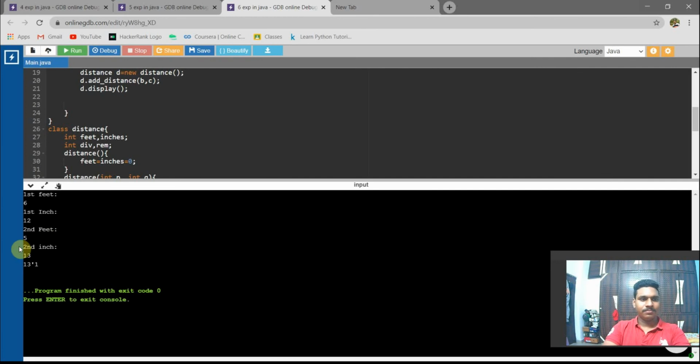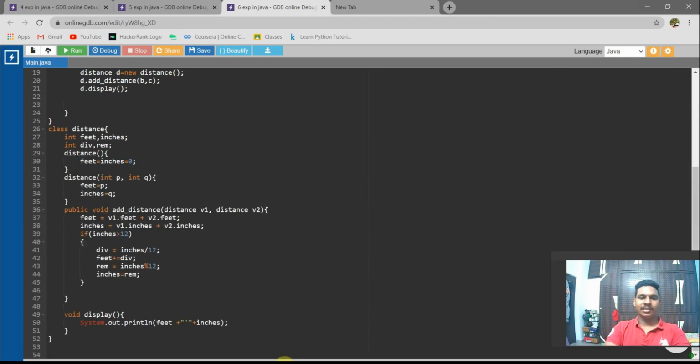Add both of them and see here: 6 plus 5 is nothing but 11, and 12 inches equal to 1 feet, so here it will become 12, and 13 inches is equal to 1 feet point 1 inch, so it will add here, 13.1 inches.